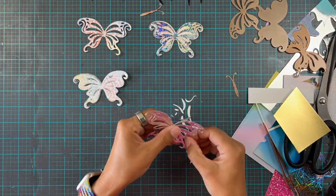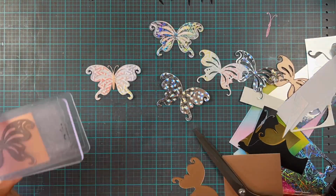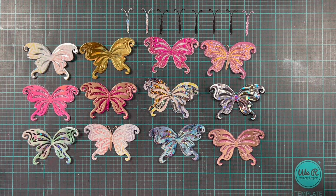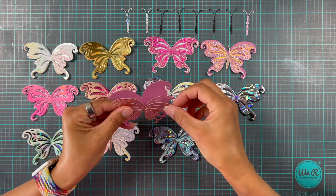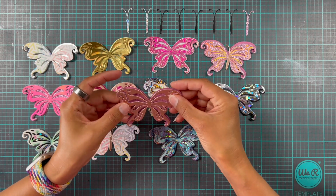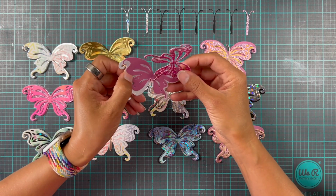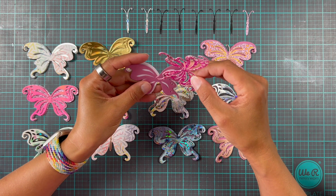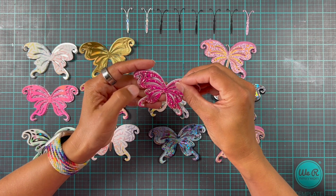So anyway, I wanted to have lots of options. So I have really gone to town, you can see here. As I was die cutting them, I kind of puzzled them together as I thought about what might work. But because I just wanted to get die cutting out of the way, I just put them to the side. And then here I was looking at them and I'm like, okay,